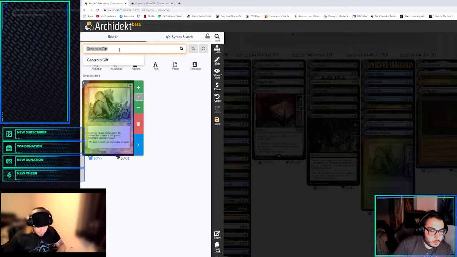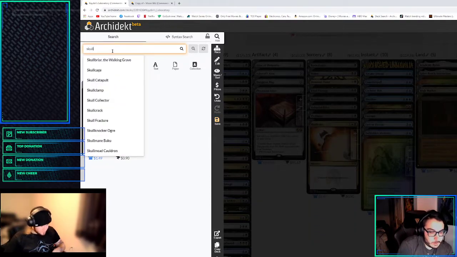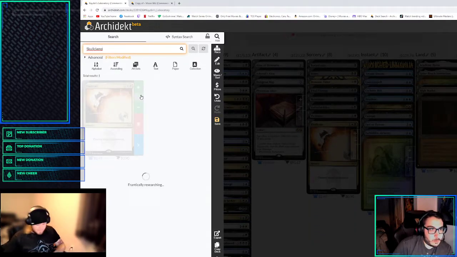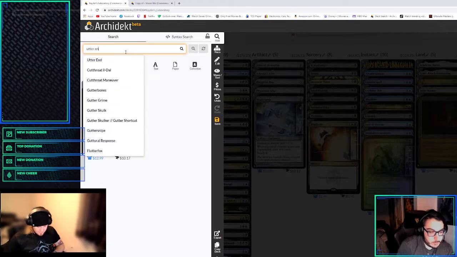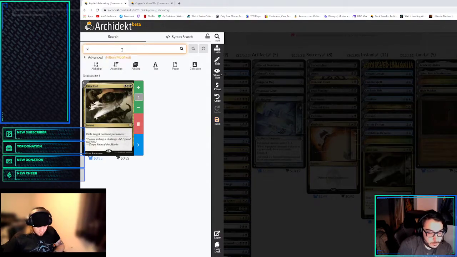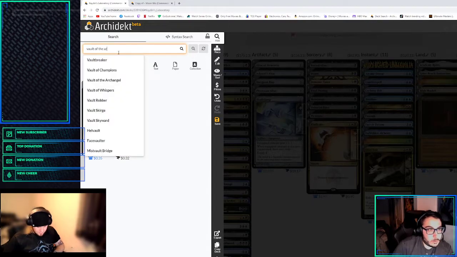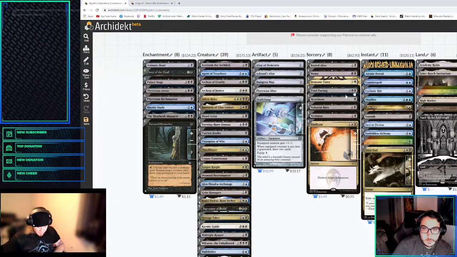Would you want to run Skull Clamp in here? Yeah, we can play Skull Clamp. There's my Dam. Oh, in these colors, we could also run Vault of the Archangel. I guess it really depends on how our colors look at the end, but